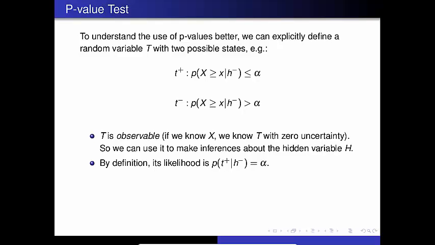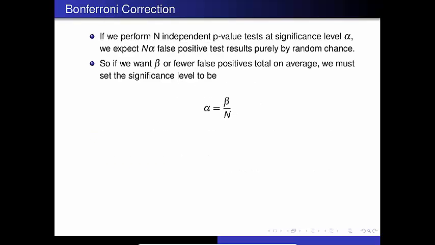How often? That often. What's the probability of t plus given H minus? It's just alpha. So if we repeat that procedure n times, how many t pluses will we get on average? Oh, I see. N alpha. Other questions? Okay. So